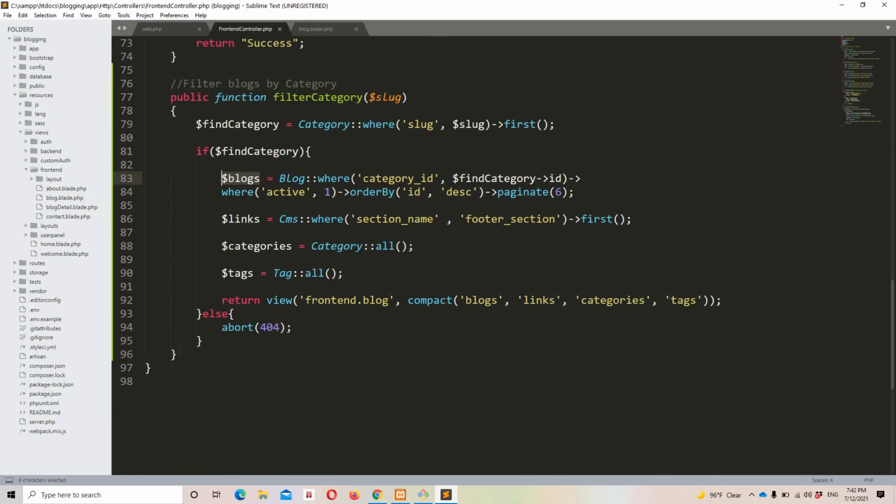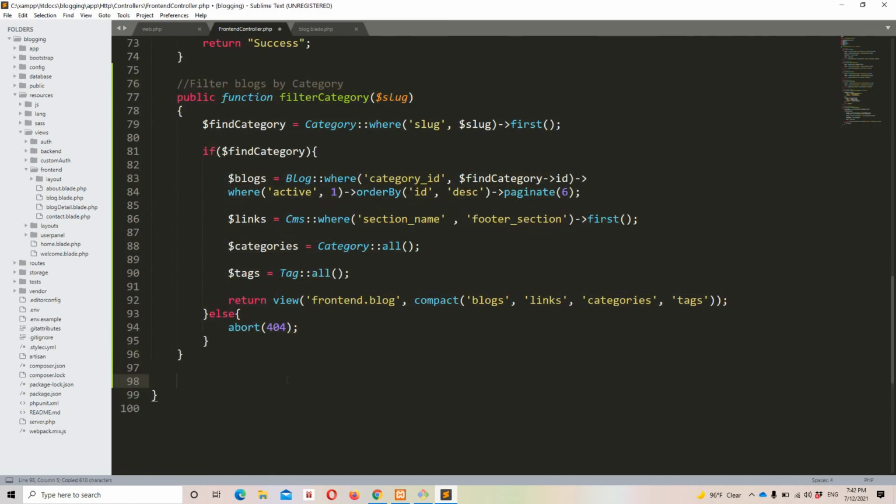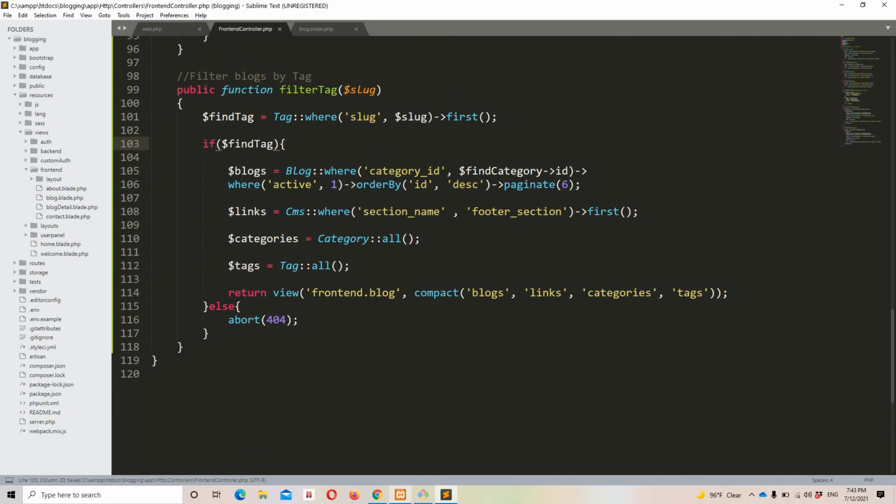So yeah, let's copy everything because it is going to be similar, just some basic changes, that's it. But remember that for the tags and the blogs we have a many to many relationship and not one to many. So filter blogs by tag, just like that. Let's make the changes right here, filter tag. Let's make this change right here as well, filter tag. Let's find from the tag this time, just like that. Our condition would be based on this. Blog, yeah, everything remains the same.